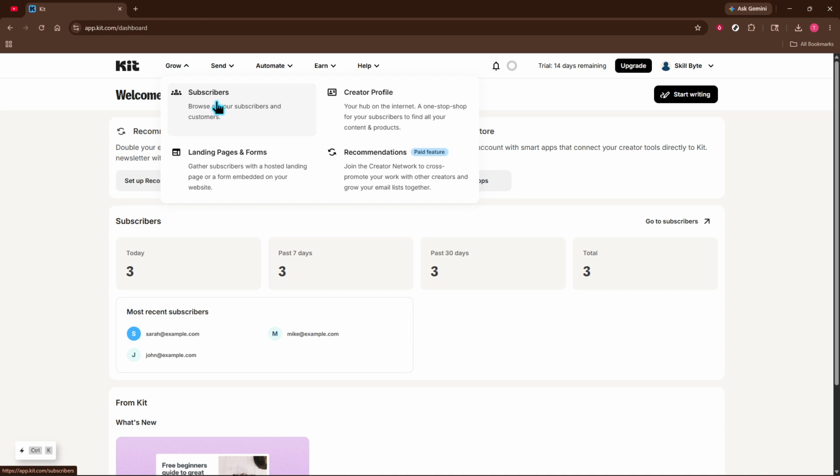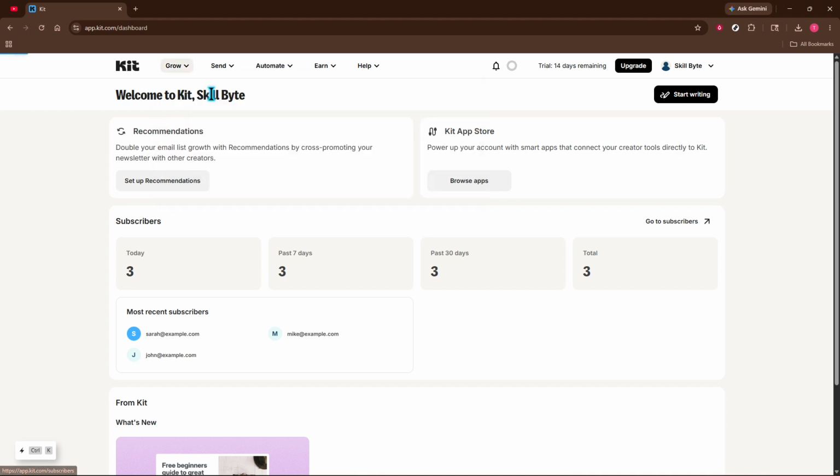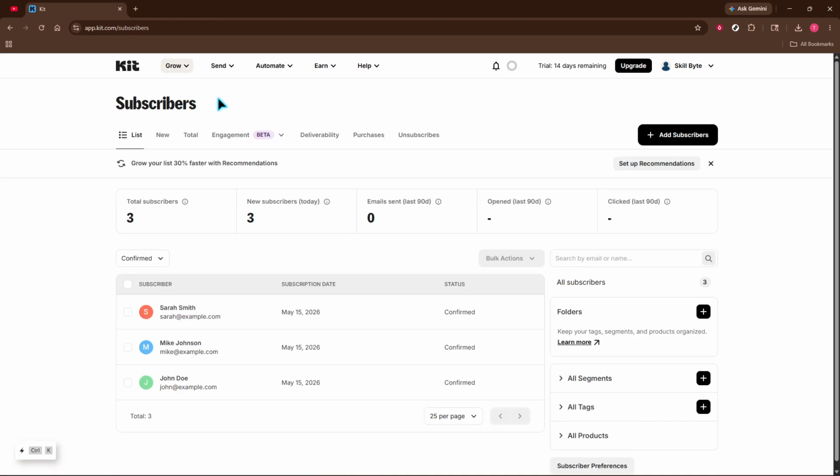Next, click Subscribers. This brings up a table of everyone on your list, including their status and other key details. Take a quick glance to confirm you're seeing the right list and any filters aren't hiding people you want included. If you use segments or tags often, just make sure the full list is visible so your export captures everyone